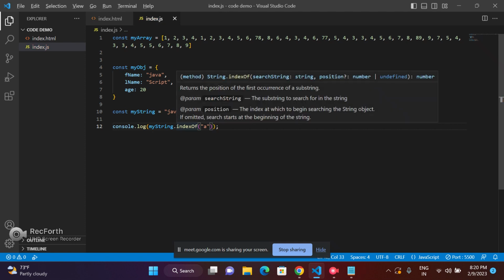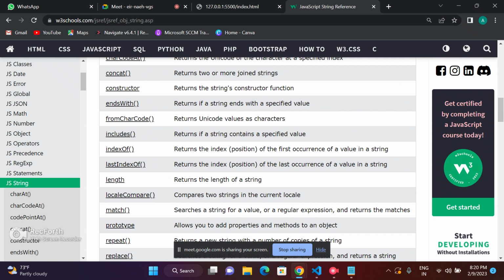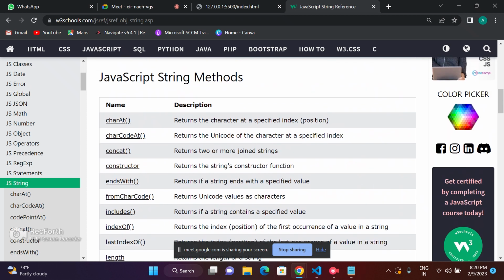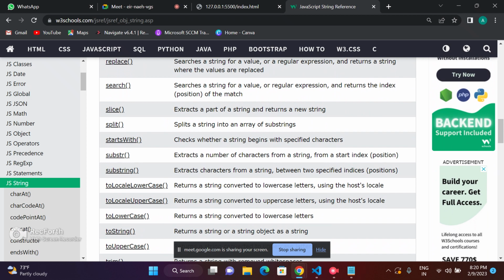Concat and everything will be the same. Like we have repeat, which returns a new string with a number of copies of the string. Search: in some logic, when we use index of, we check with triple equal to